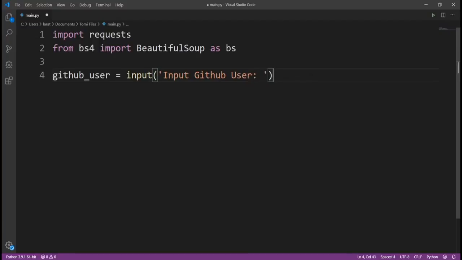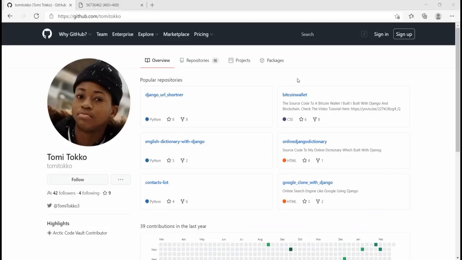Now, once a user inputs a GitHub user, let's say my username, Tomi Toko, it is going to be saved in this variable. Now that we have the GitHub user that the user wants to find, there are some steps you need to do whenever you want to perform web scraping. The first thing you need to do is to send a request to that URL, and as we know, the URL is going to be this GitHub URL with the username,